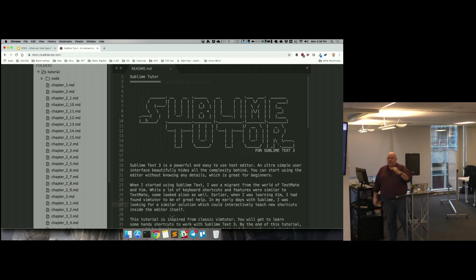The cool thing about something like Sublime Tutor is you start off and you do one file. You learn 1 or 2 keyboard shortcuts. The next day, you use them for a while. You build up the muscle memory of how to use those. And maybe you learn 1 or 2 more. Maybe you go into something like